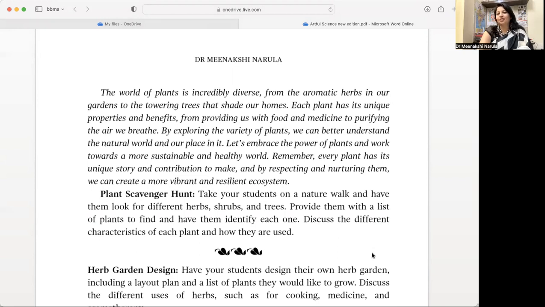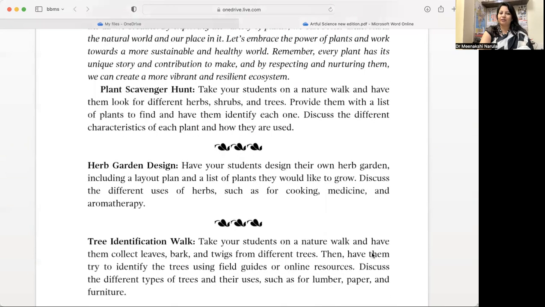For creating such kind of ecosystem, we have to care for our planet, we have to care for our plants. Let's all plant a sapling, plant happiness. Can we go ahead with adopting plants, giving them some names, and taking care of them? Yes, my lovely educators, let's talk about some more interesting activities.